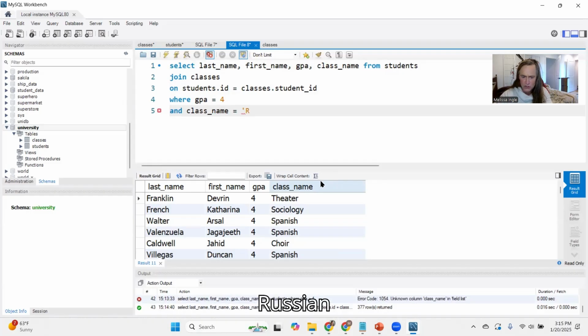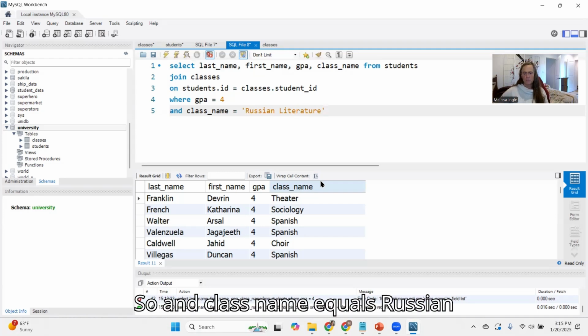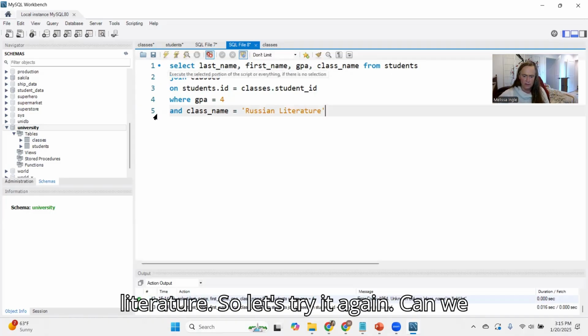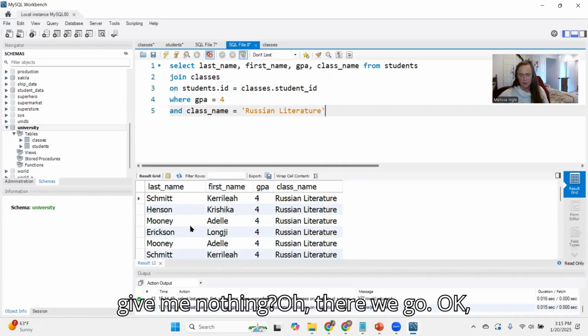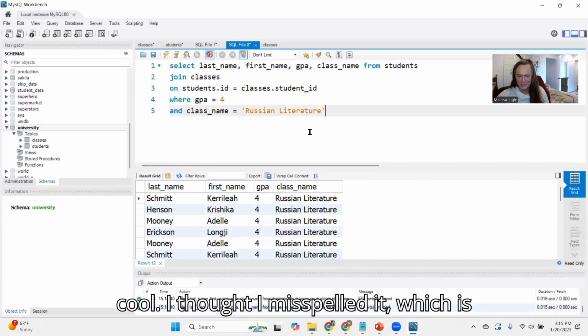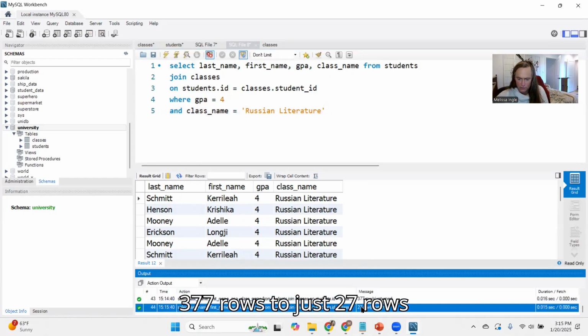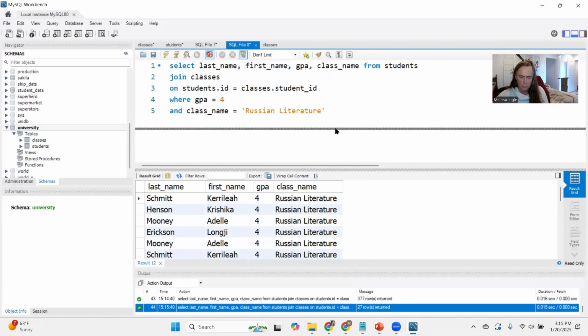It's Russian literature. Oops, you do need to match it. So, and class name equals Russian literature. So let's try it again. Going to give me nothing. Oh, there we go. Okay, cool. I thought I misspelled it, which is pretty common. So now we got from 377 rows to just 27 rows when we filtered down to